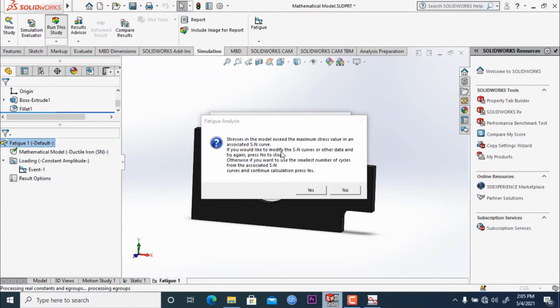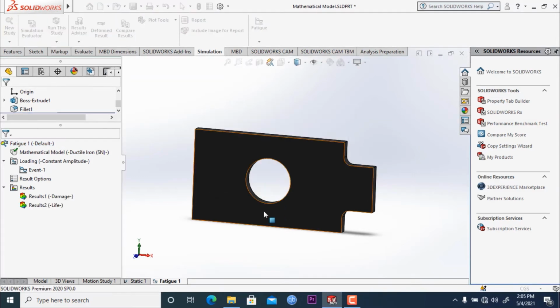If you would like to modify SN curves or other data and try again, press no to stop. Otherwise, if you want to use the smallest number of cycles from the associated SN curves and continue the calculation, press yes. So we will just press yes and see what the result is.